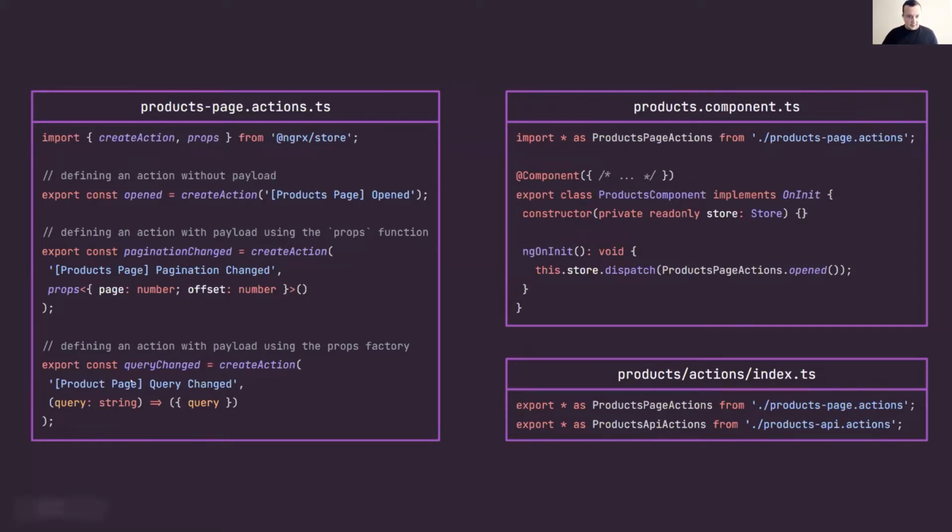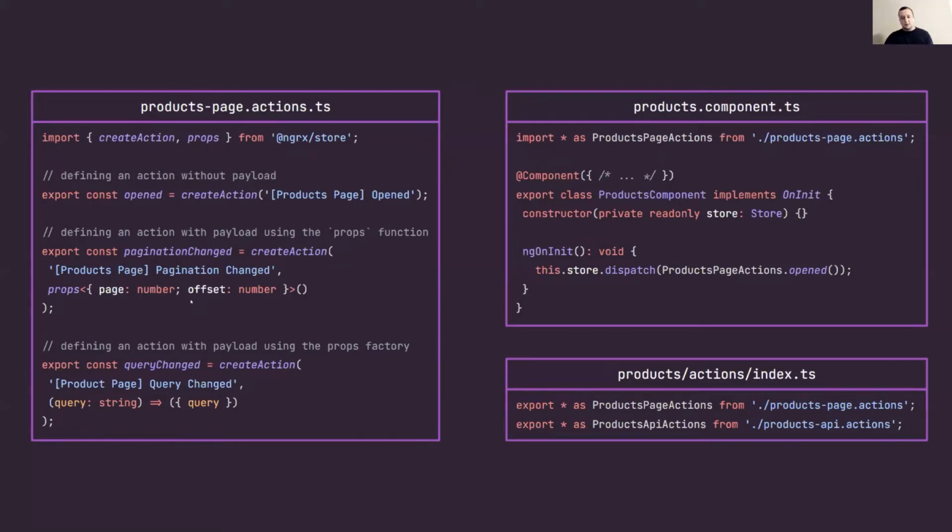And if we now go back and take a look again at the actions file, we can here also notice some repetitive code here. For example, we need to copy the same action source for each action in this file. Also, we need to manually enforce source event pattern, as you can see here, for each action. And if we take a look at the event name and action name, you can notice that they are almost the same. So action name is equal to the camel case event name.